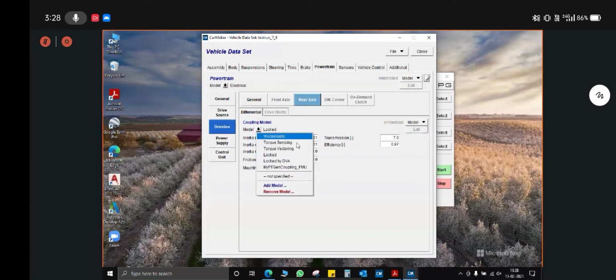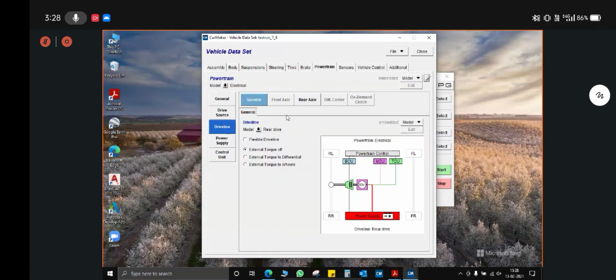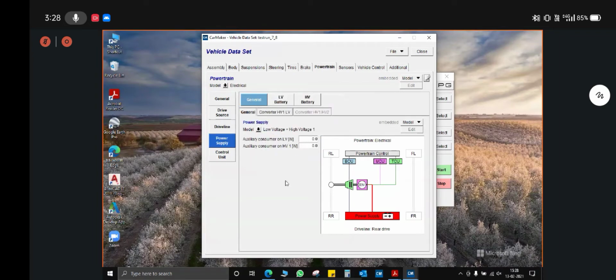For power supply, only the low voltage plus high voltage one model has to be selected for power source, depending upon the circuit design. Okay. So the simple high voltage option is not available in CarMaker, and that's why you will have to select the low voltage plus high voltage one model.